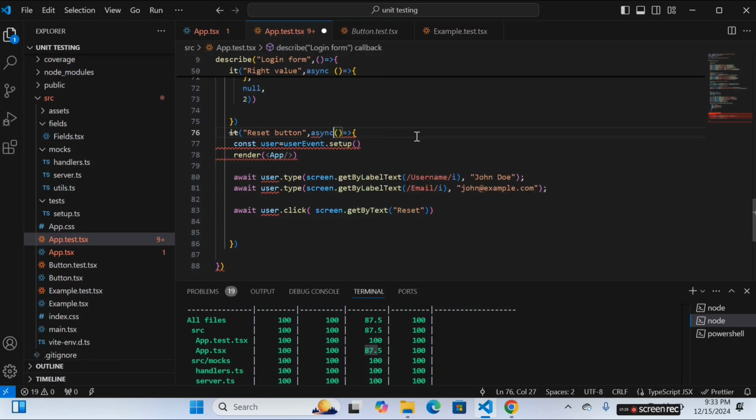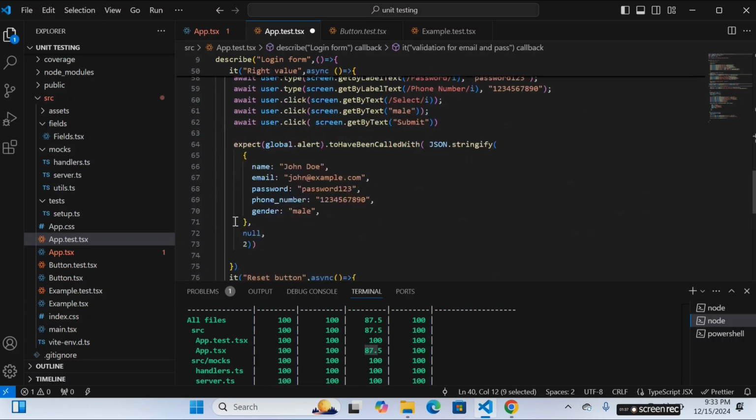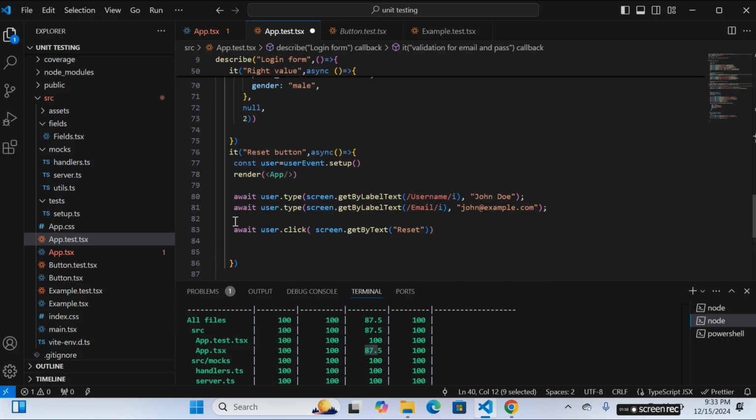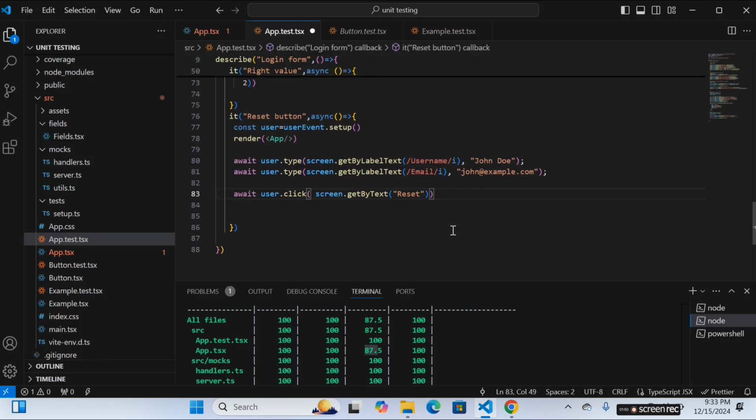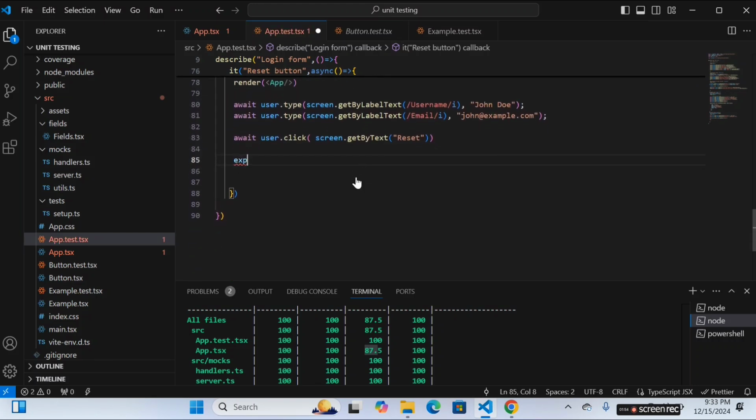One more functionality of user event is that it can perform asynchronous things as well. fireEvent can only be used with synchronous things, but user event is like a user doing some interaction with the UI, so it can be asynchronous as well. So let's click on the reset button. After clicking on the reset button, what we'll do, we will check expect